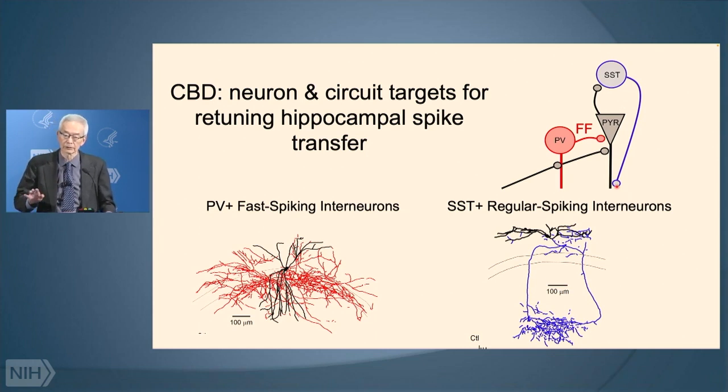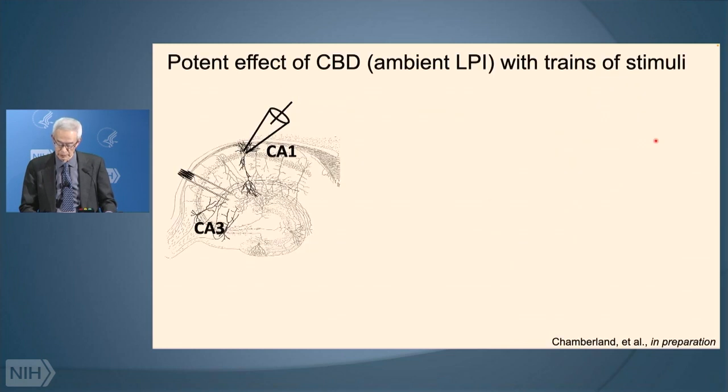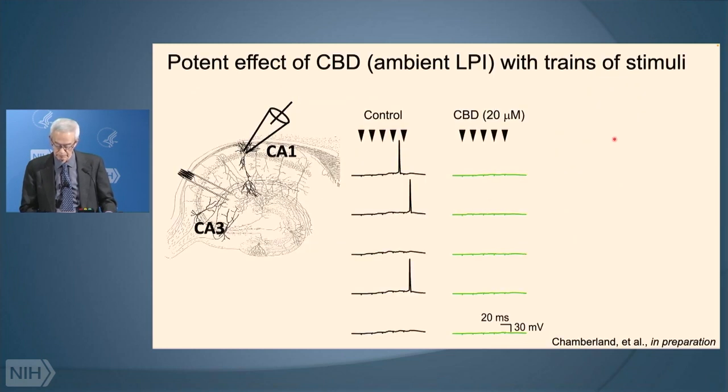And this is heavily studied by Chris McBain, Ken Pelkey, and their colleagues right here at NIH, and they have gone on to even more types. But for now, this is enough to make the point I want to make, that the feed-forward inhibition is very effective in quelling a spike even before the chances occur, whereas the feedback inhibition has other purposes. So what happens when you treat with CBD to these forms of inhibition?